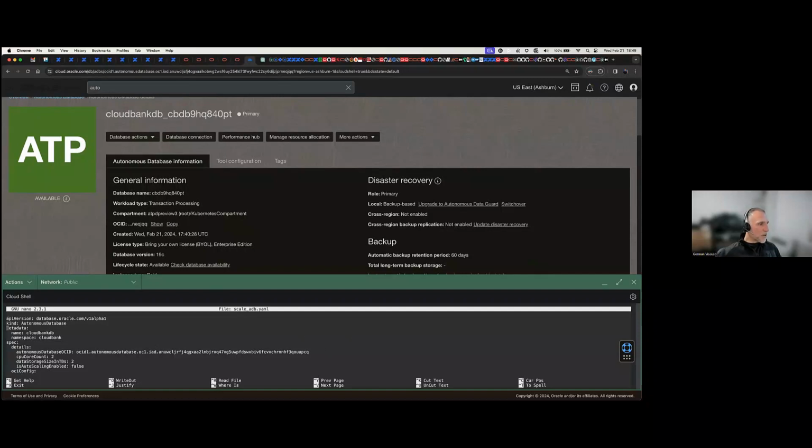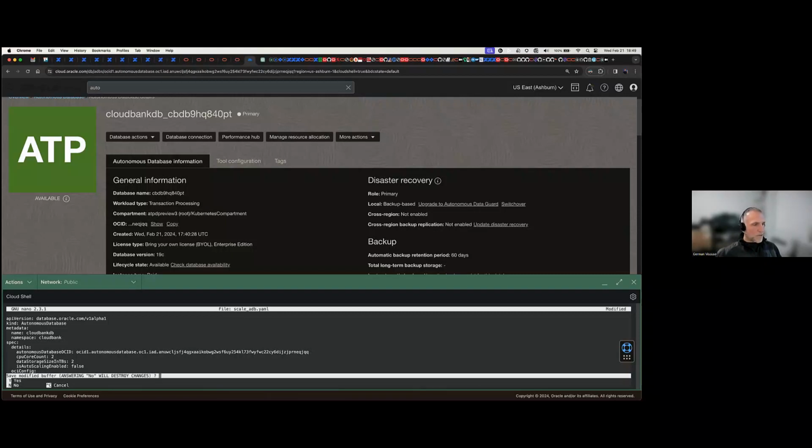And I'm going to go here. I'm going to delete this one. Because this is from a previous run that I did, that terminated database that you saw, right? So this is the right OCID. I'm going to save.